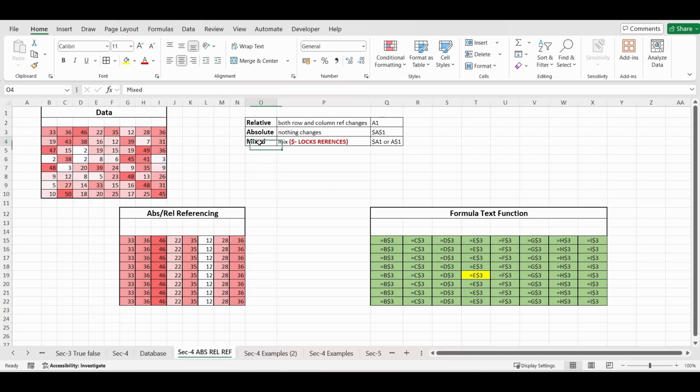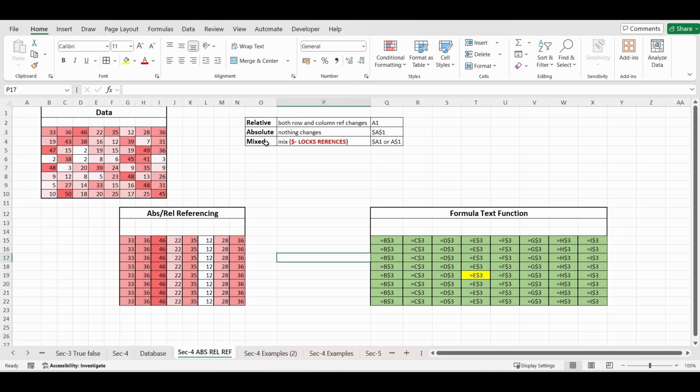So in essence, in the mixed referencing, you put a lock either on the columns or on the rows, and depending upon where you have put the lock, that particular reference doesn't get changed whether you move horizontally or vertically, while the other reference updates as it would have in the case of relative references.